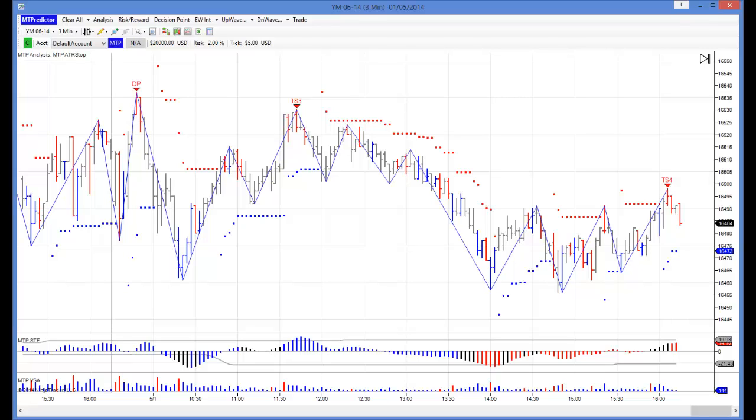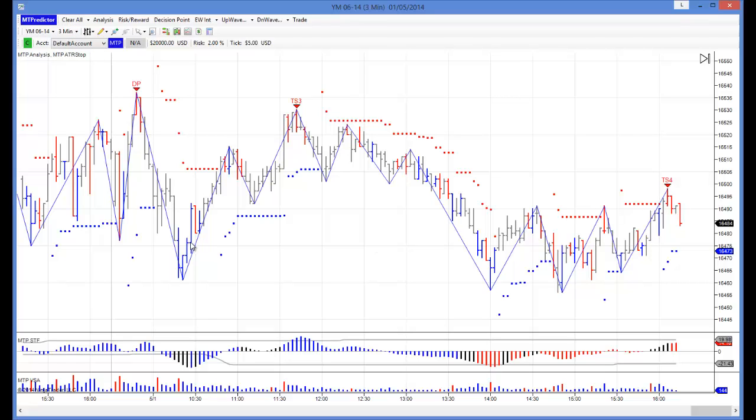In today's video, I'd like to look at how the US E-minis unfolded yesterday, which was Thursday, May the 1st. Looking at the standard MTPredictor trade setups, we're looking at the MTP RT add-ons for NinjaTrader 7 here. We had a DP sell here, but it was against a blue STF. TS3 sell setup here against a blue STF. And the only setup on the YM, this is a 3-minute YM I'm looking at here, was right at the